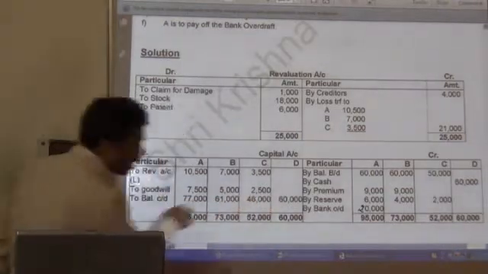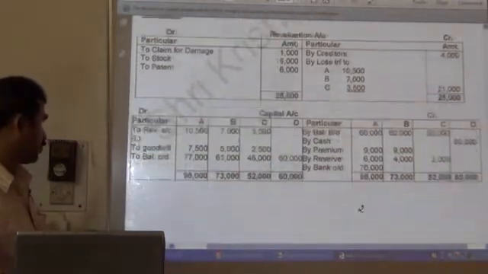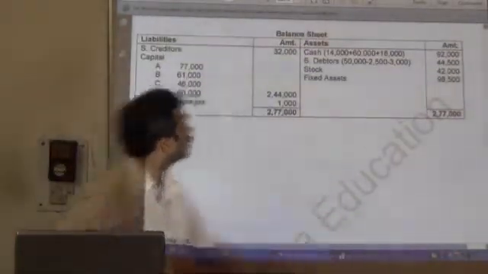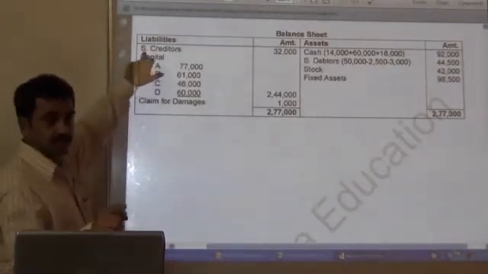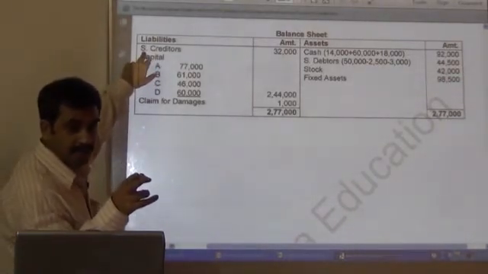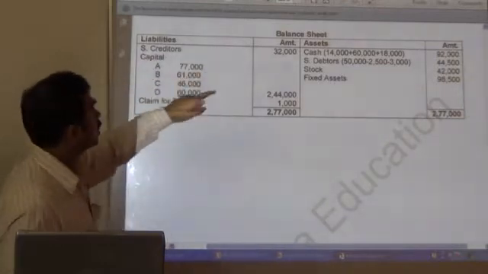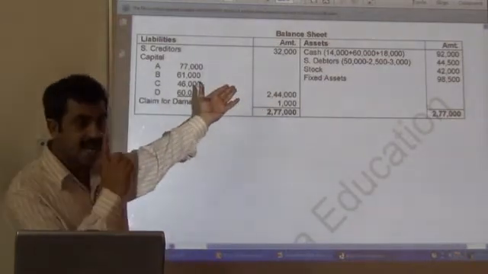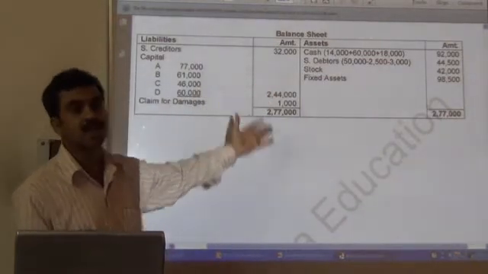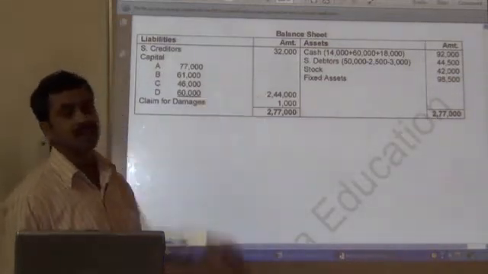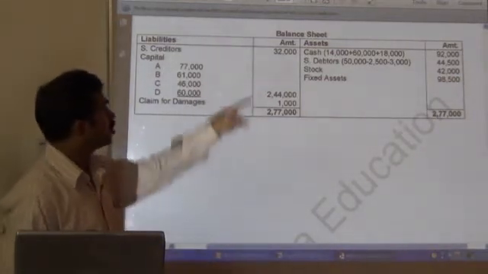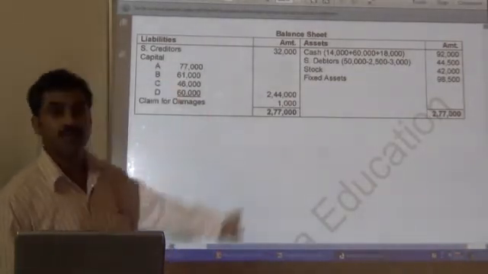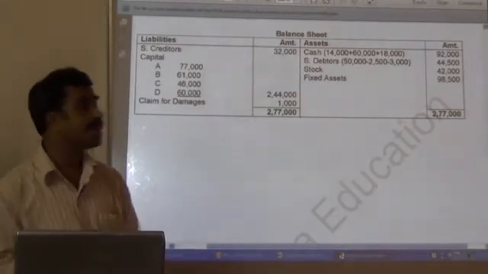Now these are the closing balances, put them in your balance sheet. Now see what the balance sheet amount will be. This is your balance sheet. Sundry creditors, because your creditors have gone down, subtract it from that. You have a cash balance. How have I calculated it? 14,000 opening cash balance. The new partner brings 60,000 as his capital and 18,000 as his share of premium. So that is 92,000. Sundry debtors 50,000 minus the old provision for bad debts that you already had,